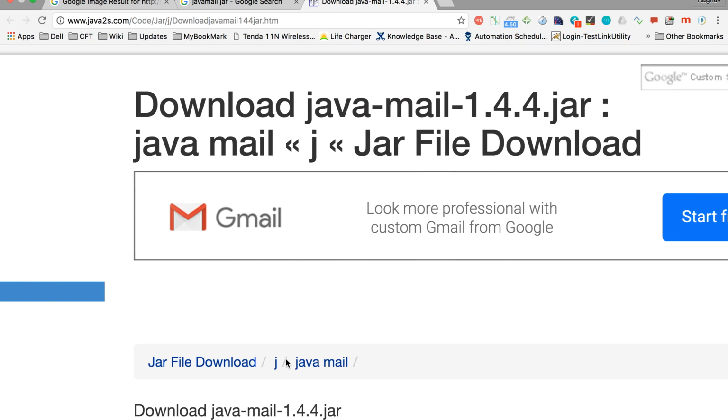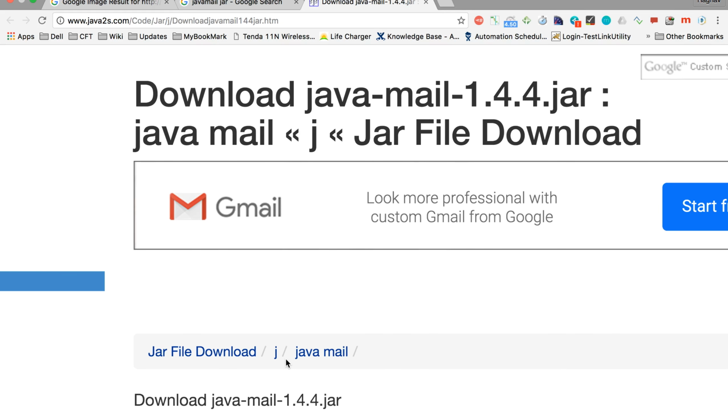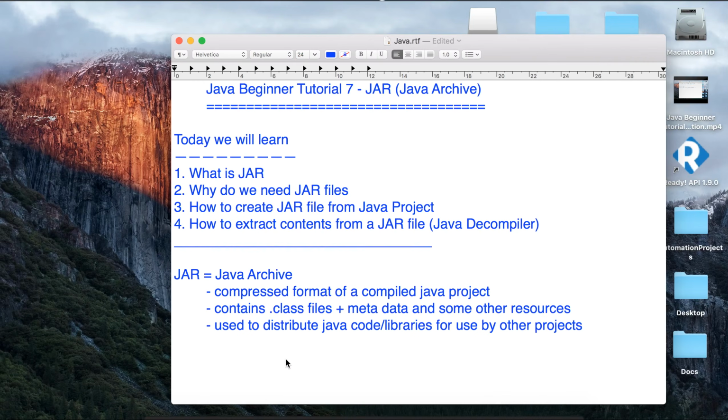So we do not have to write a program to send email through Java right from scratch. We can use this jar file. Similarly, if you are writing your program and you think that it can be used by somebody, you can compile your program, package it into a jar file, and then you can distribute it.